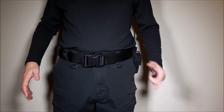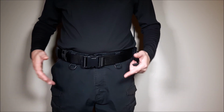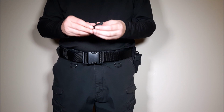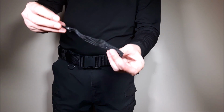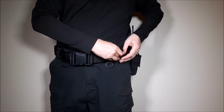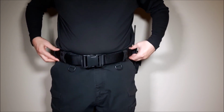Alright, so I just showed a configuration using your regular belt and pants and having that Molle panel on. But for some instances, some individuals that do security or police use an inner belt and an outer belt. So they have their duty belt and they use what's called a belt keeper. This is a belt keeper, the button snap style. It's basically a strap that you place around both belts, snap it into place,